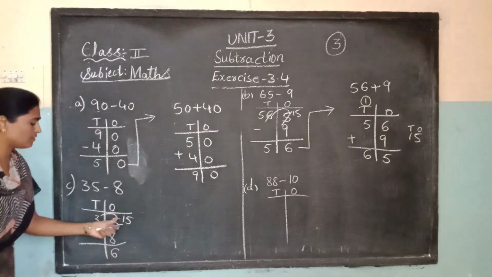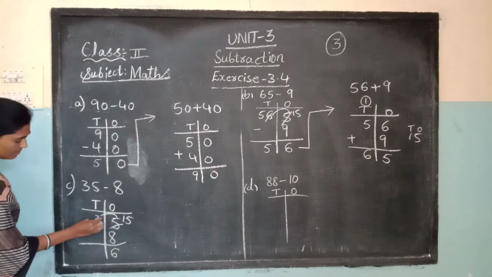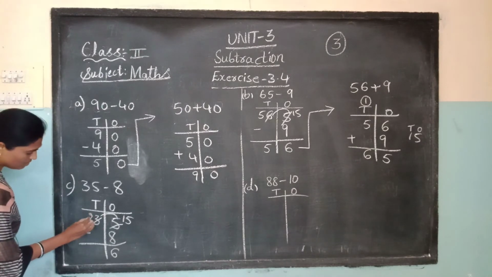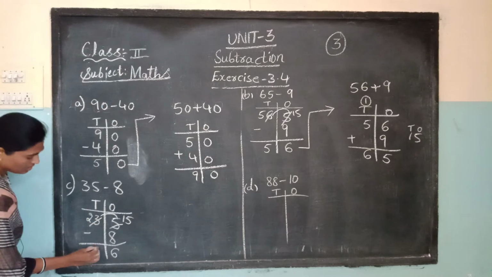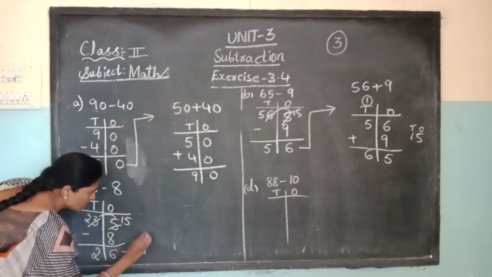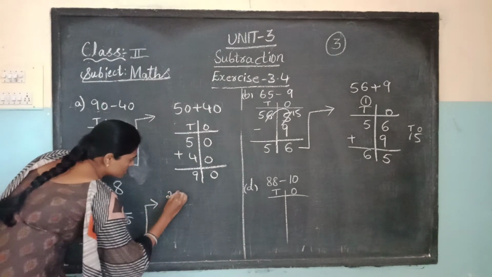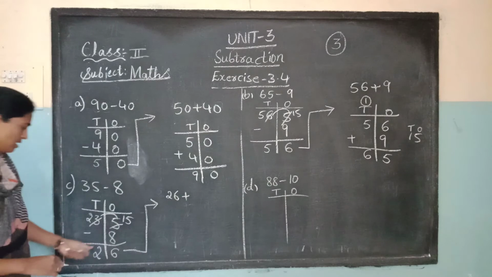Here one number is given to the ones column, so one number will be less in the tens column. What is that number? 3 before number, 2. Here nothing is there, no? Same as it is, 2. Now you have to do this addition. What is the first one? 26 plus 8.